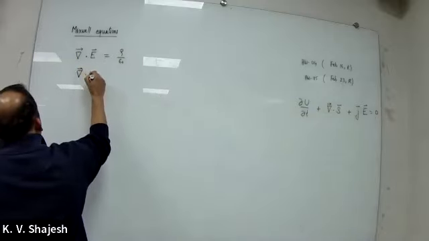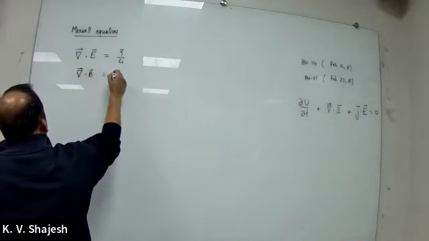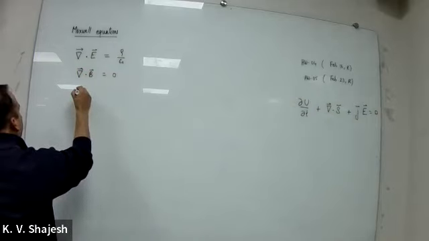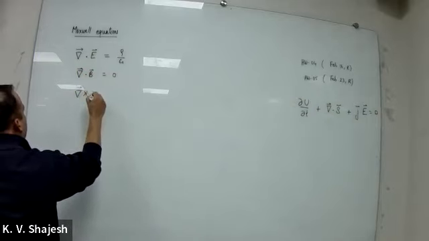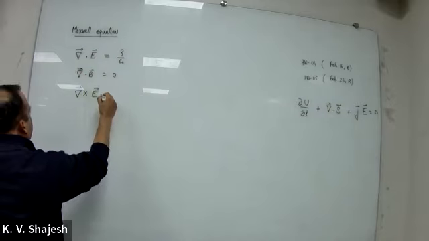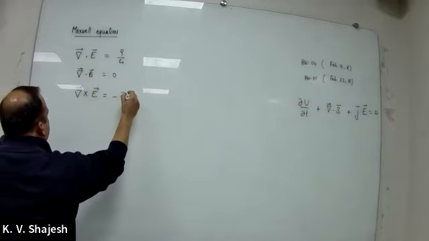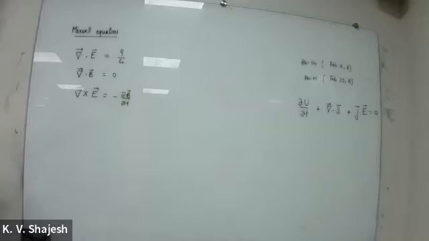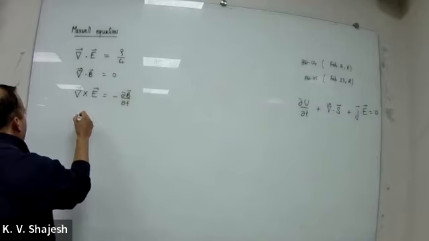Divergence of the magnetic field is 0. There are no magnetic monopoles, if you want. And del cross E, the curl of the electric field, is equal to the negative time derivative of the magnetic field, and del cross H